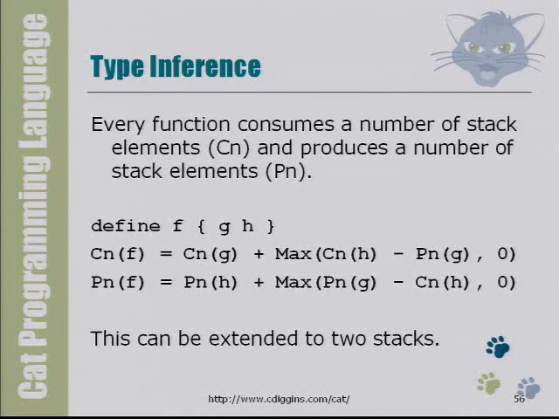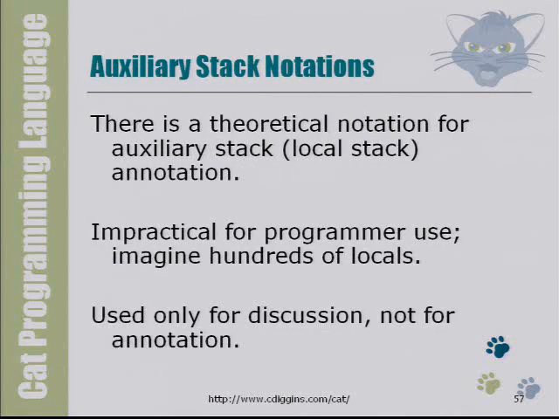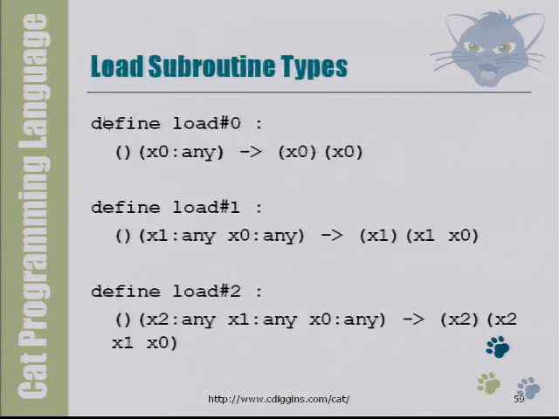I don't have enough time to talk about type inference, and besides, that's a kind of crappy pseudo notation for type inference. But you can take my word for it that it's possible to infer the types relatively easily. Now, I talked about an auxiliary stack. All of my operations up so far have just been on the main stack. But, of course, there's a second stack. The extension of the annotation is obvious. You'll see it here. This shows that we just have two stacks now. This main stack, this auxiliary stack, and this main stack, auxiliary stack. But this is imaginary. We don't need this. Let me come back to here.